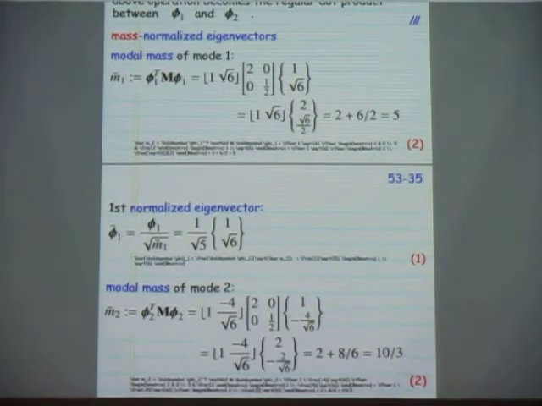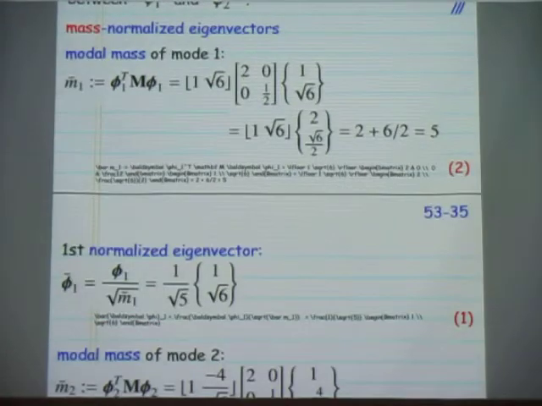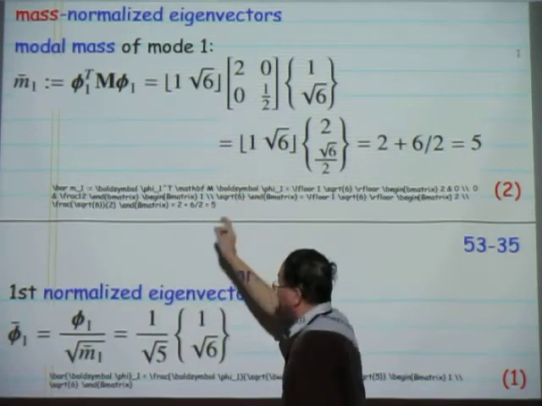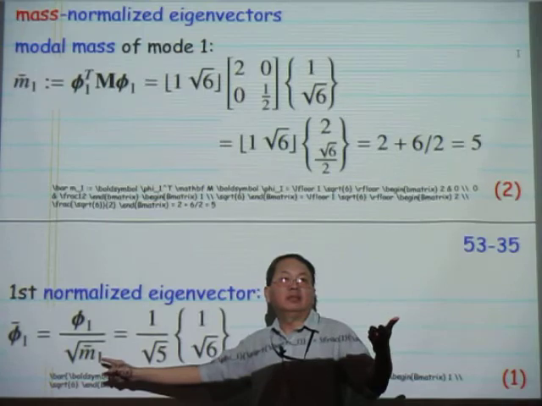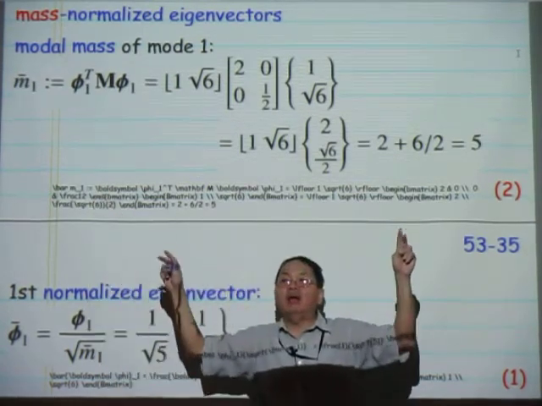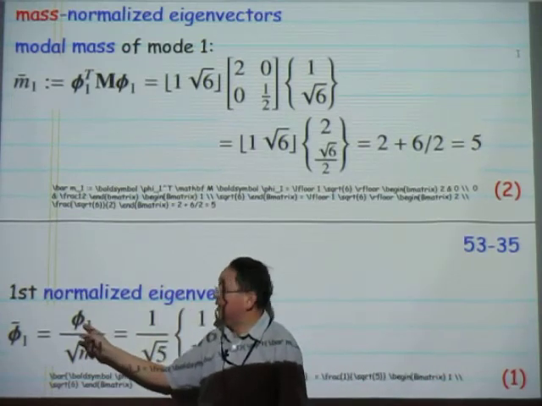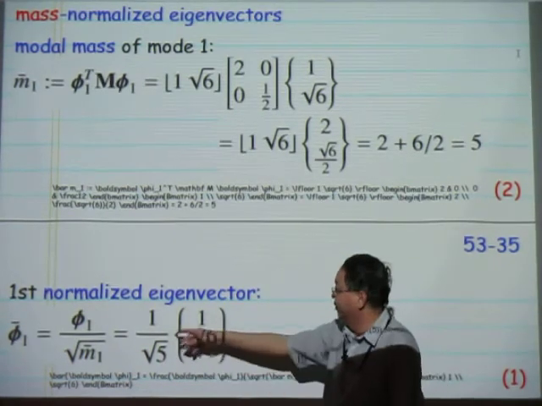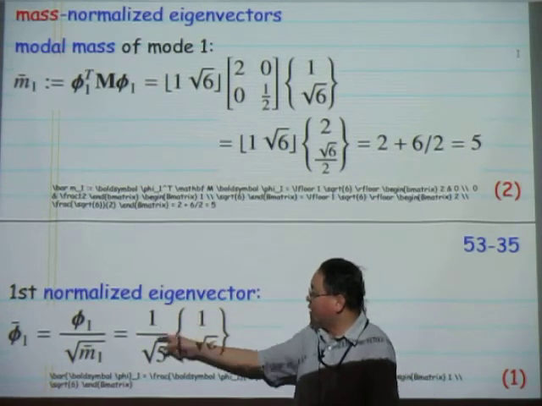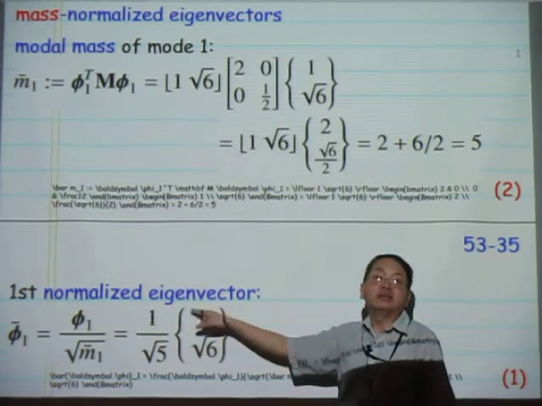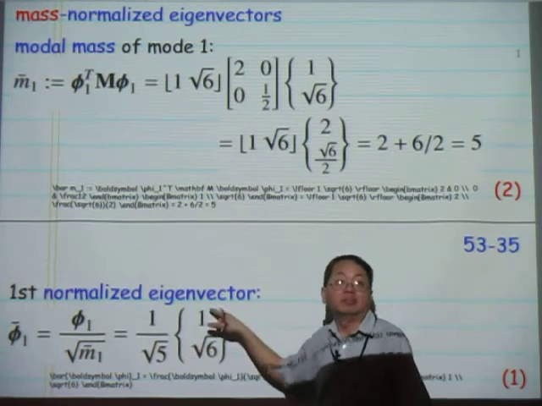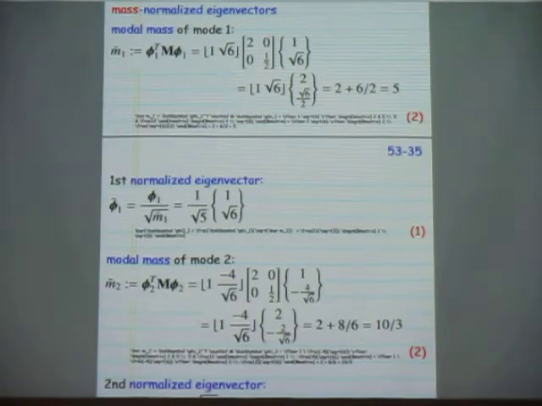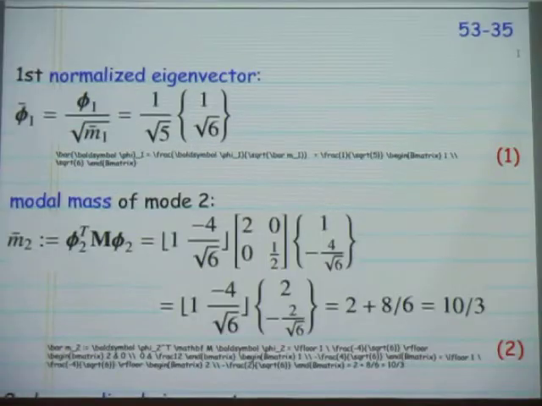And so now normalization. Once you have the modal mass, very similar to the case of the standard eigenvalue problem, you divide by the square root of M1 bar. Think of the modal mass as the square of the generalized length. So you take the eigenvector and divide by the square root of the square of the generalized length, just like in the standard eigenvalue problem. Therefore, 1 over square root of 5 times the column matrix of the coefficients of phi1, the first eigenvector. All right, then you do exactly the same thing for the second eigenvector to obtain the